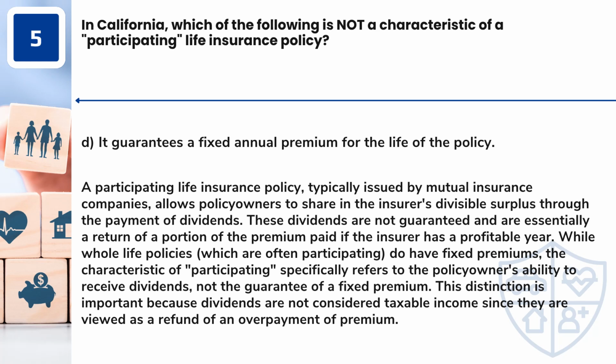Answer: D. It guarantees a fixed annual premium for the life of the policy. A participating life insurance policy, typically issued by mutual insurance companies, allows policy owners to share in the insurer's divisible surplus through the payment of dividends. These dividends are not guaranteed and are essentially a return of a portion of the premium paid if the insurer